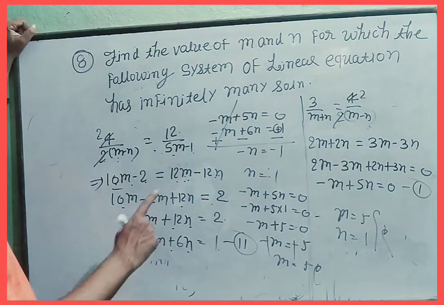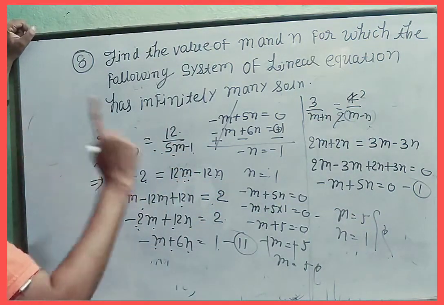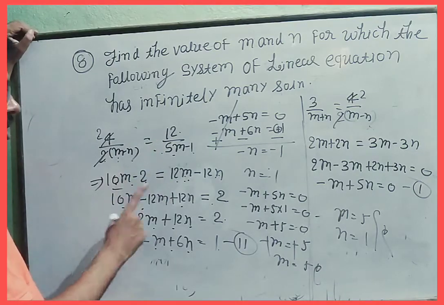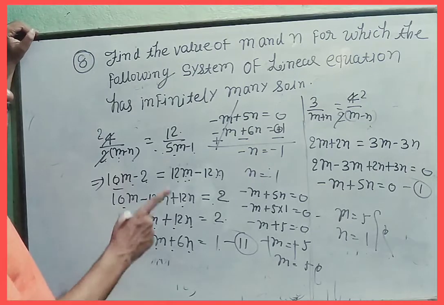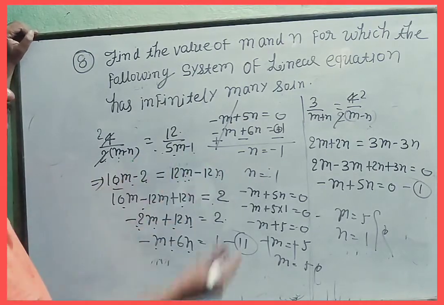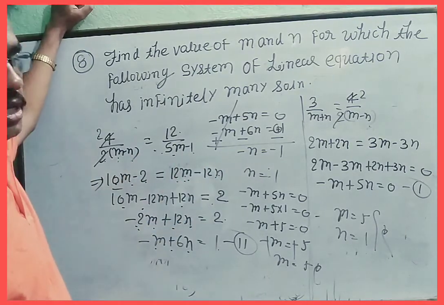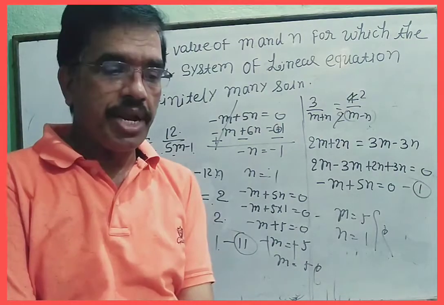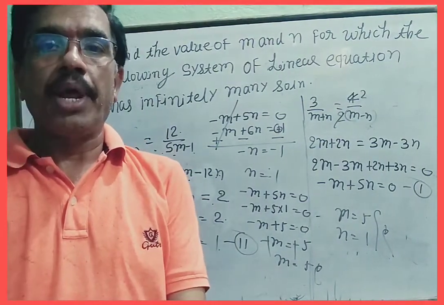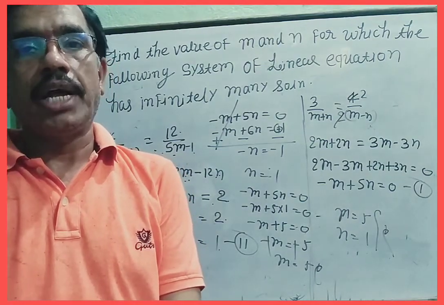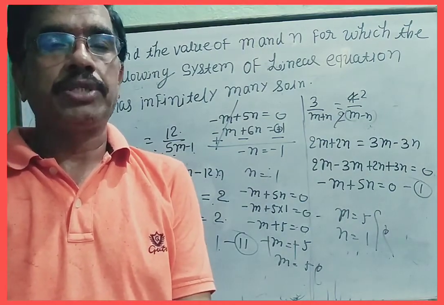So first you write the condition and put the values of a1, b1 and c1, and hence find the two equations of the linear equation, and by elimination you can find the values of m and n. So dear student, now solve the remaining questions by this method and try to solve up to 11 examples of exercise 3D. Remaining problems I will solve in the next video.